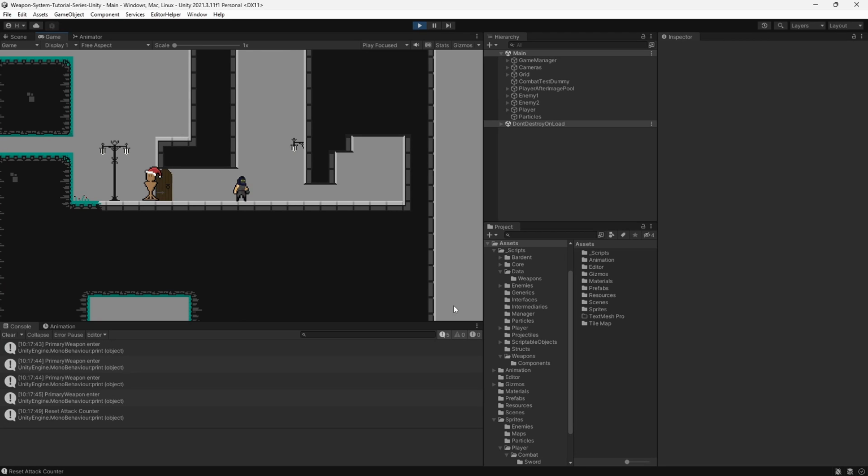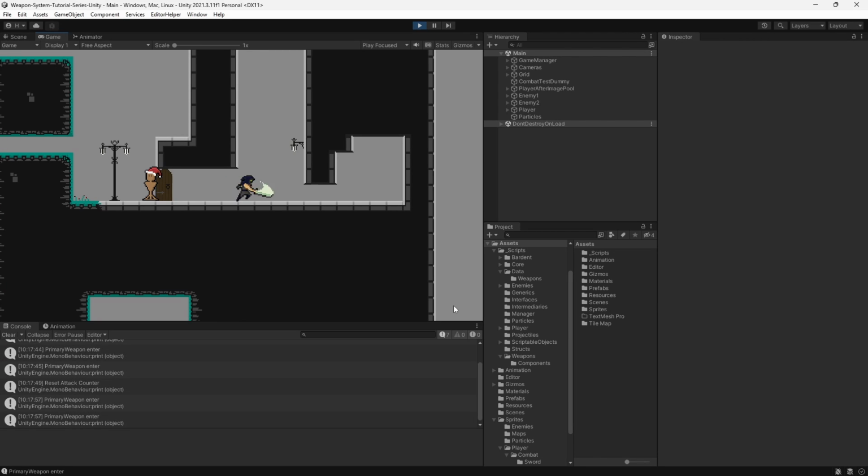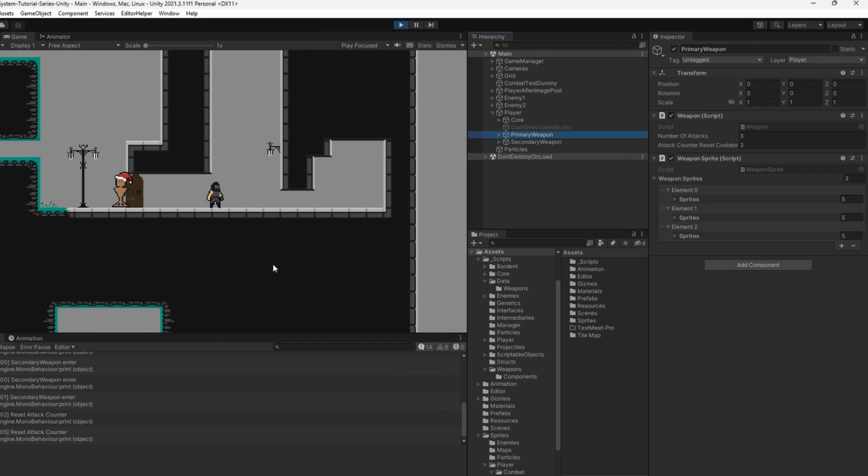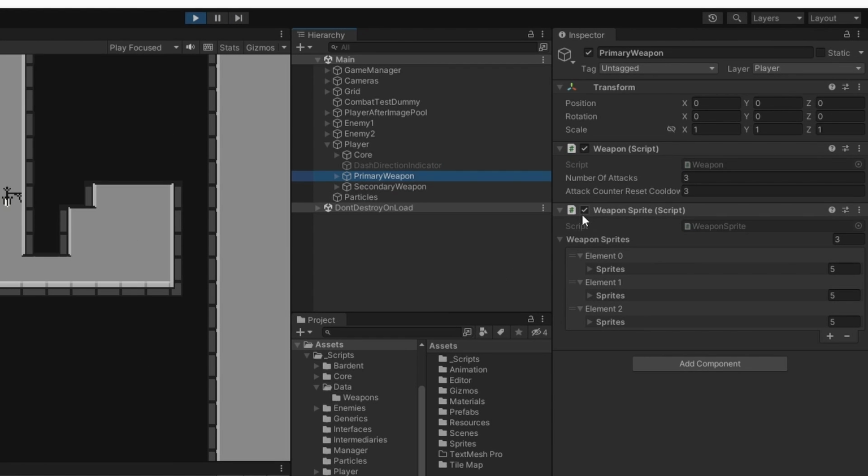In the previous part, we looked at how we can get our weapon to display different sprites depending on which weapon we have equipped. We did this by creating our first weapon component, this WeaponSprite component. Our goal for today is to take our WeaponSprite data over here and this weapon data and move it into a WeaponData scriptable object. We're doing this because the weapon needs to generate its different components based on its weapon